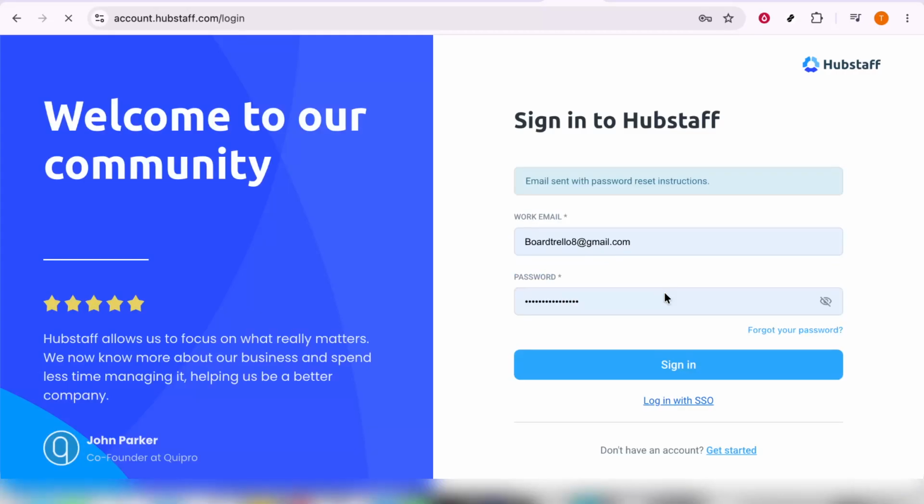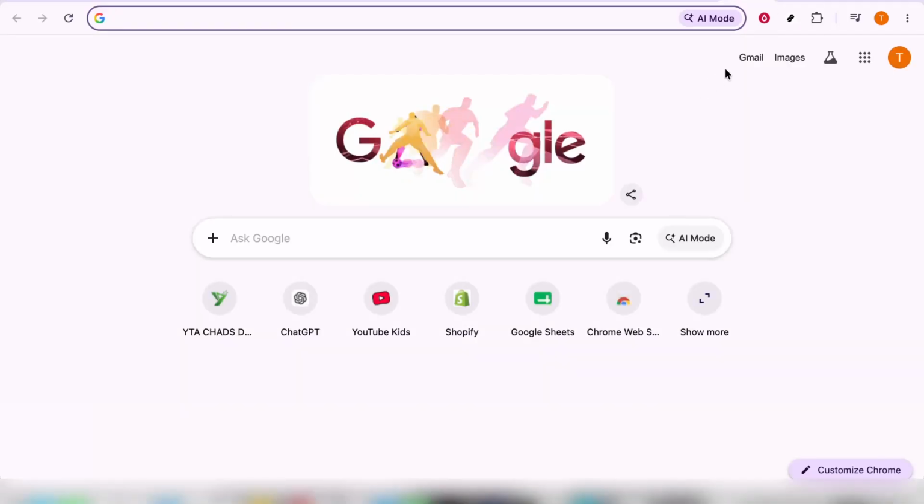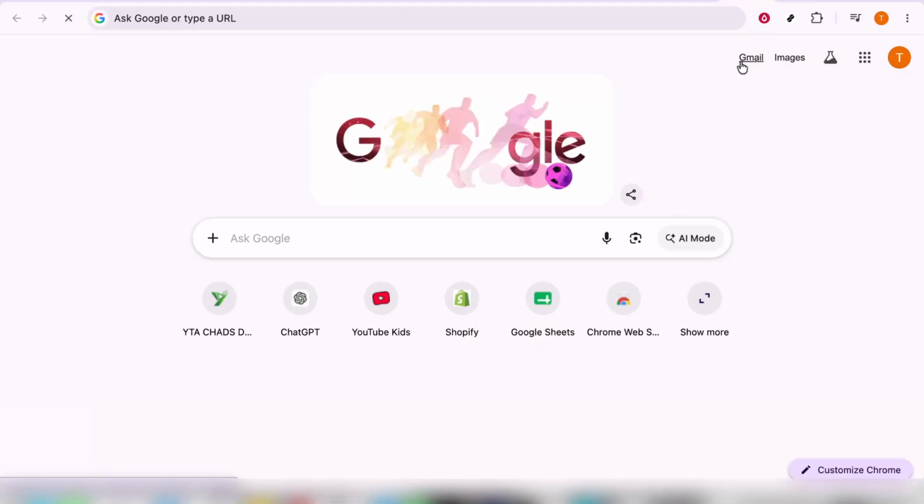Here, you'll be asked to enter a new password. Make sure your new password is both strong and secure, yet something you can remember. A good practice is to combine upper and lower case letters, numbers, and special characters. Once you've entered your new password and confirmed it in the correct fields, click on the Reset Password button, and